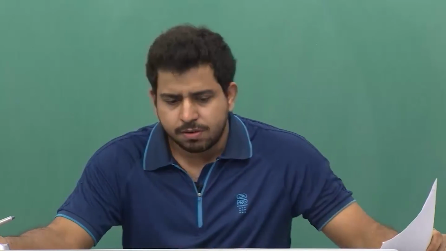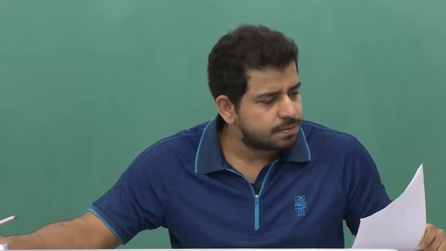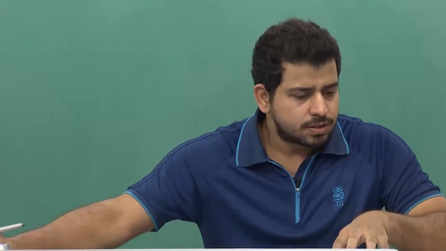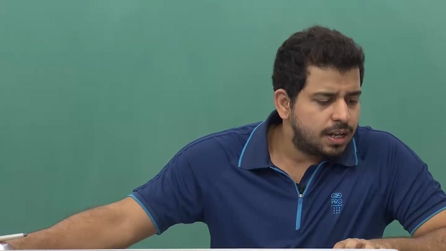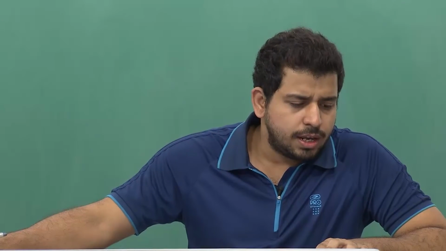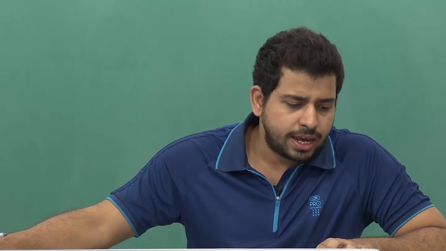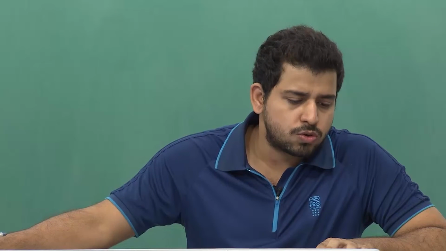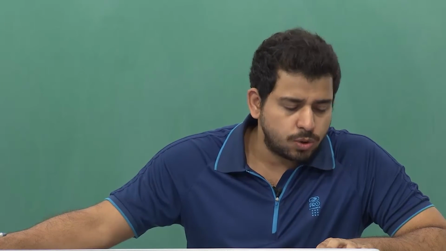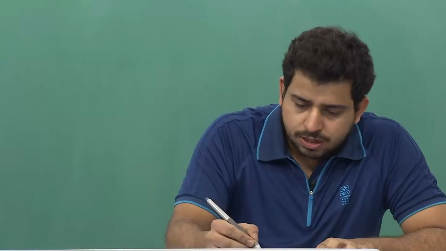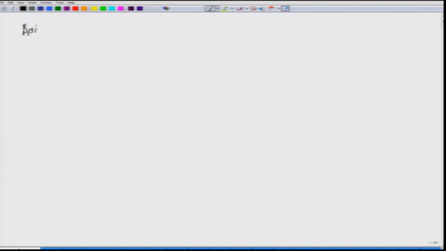So, from assignment 1, the question number 9 is, I will state the problem first. The problem says that a uniform long rod AB of length 6x weighing m is held horizontally by two strong vertical strings at its two ends. So, I would like to draw the picture. This is a question from assignment 1, question number 9, and it says that a uniform long rod AB of length 6x.